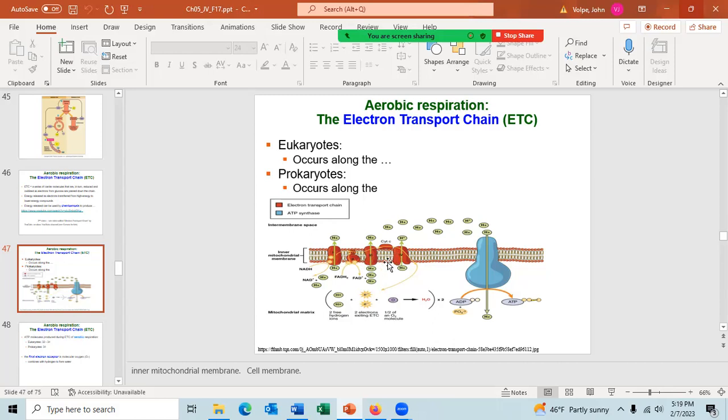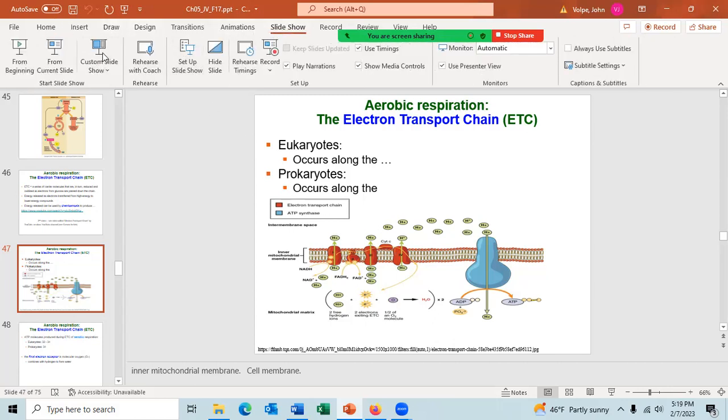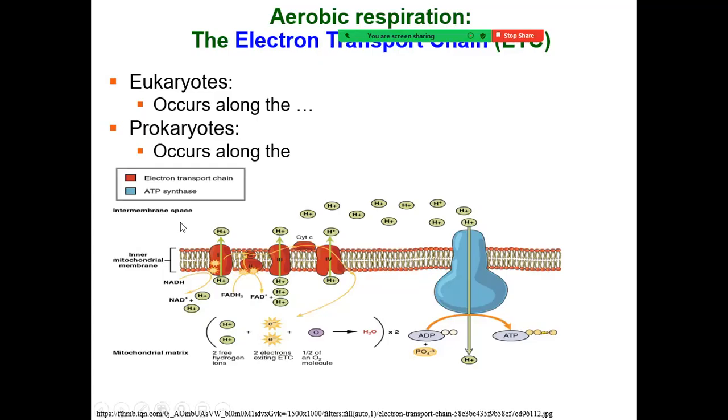and the electrons from glucose, let me blow this up. The electrons from glucose are carried by NADH or FADH2, and the electrons are given here, or the electrons from FADH2 are given here. And the electrons move from one protein to another. And while they're moving, they give some of their energy to the proteins, this one and that one, the energy the protein needs to transfer hydrogen ions from this side of the membrane to that side of the membrane.